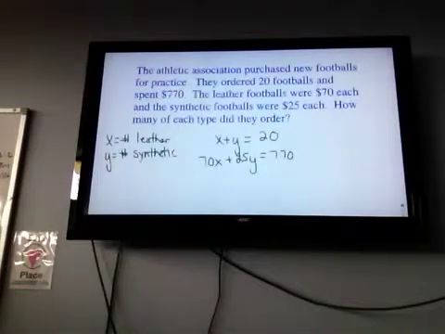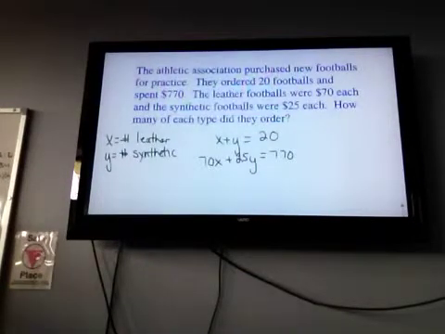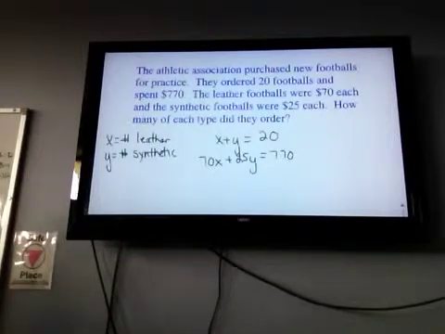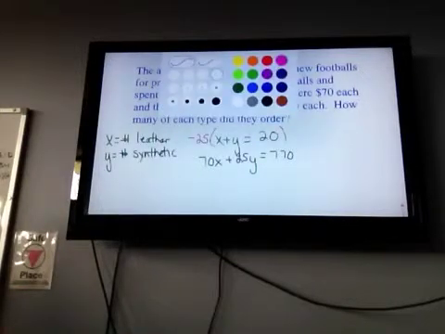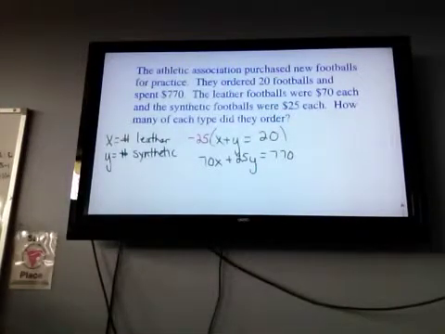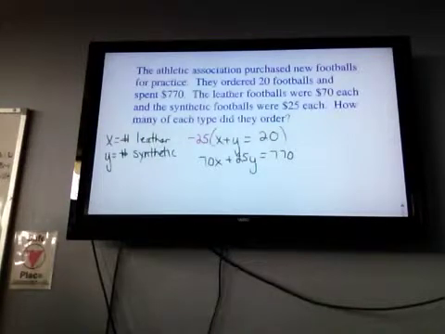So one equation that deals with quantity, one equation that deals with the money, how much we spent. Okay, so I would do elimination again. So somebody tell me, what am I going to do? Lindsay. You're going to multiply the top by negative 25. Okay, so we can get X or Y to drop. It doesn't matter. If we multiply that top equation by negative 25, I'm going to get negative 25X